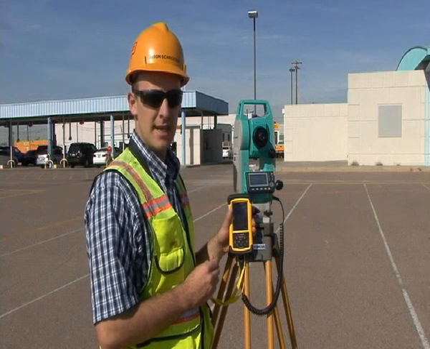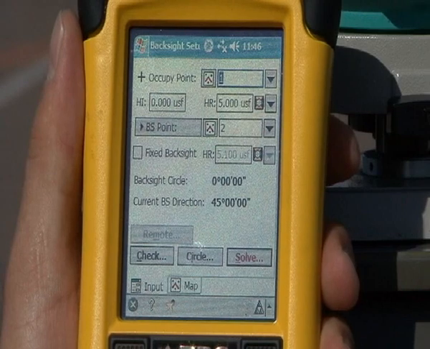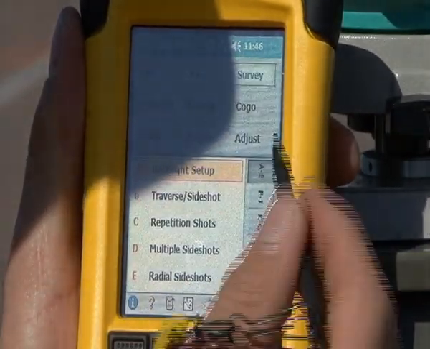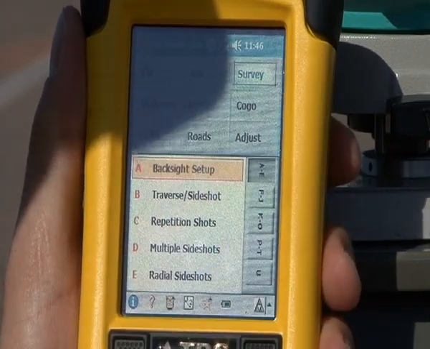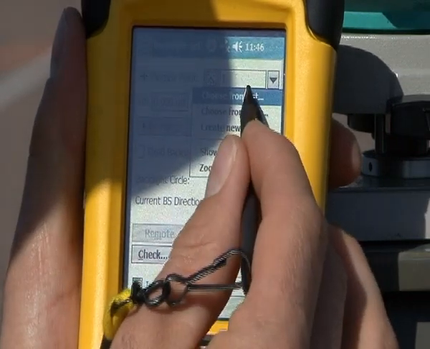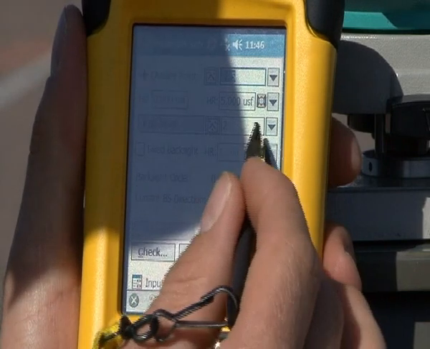Now we're going to do an example of taking a side shot or an as-built shot. Now we're going to set up our occupy point and our backsite point. The way we got here is by going into survey and then backsite setup. We're going to use the points that we already traversed, so I'm set up on TP5 and I'm going to